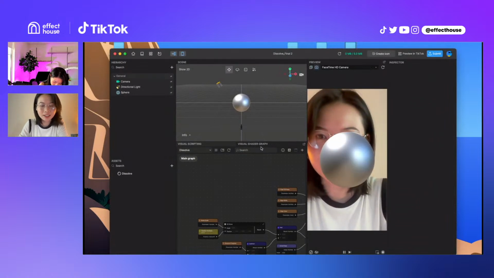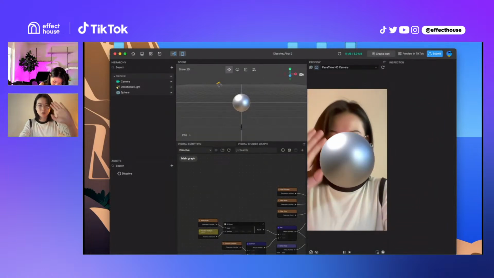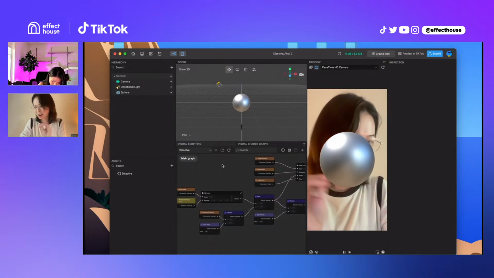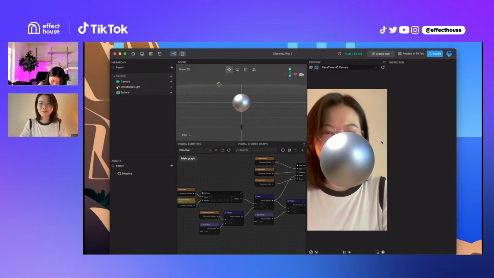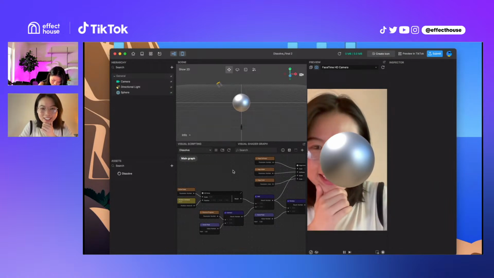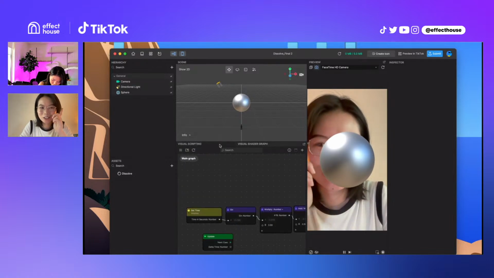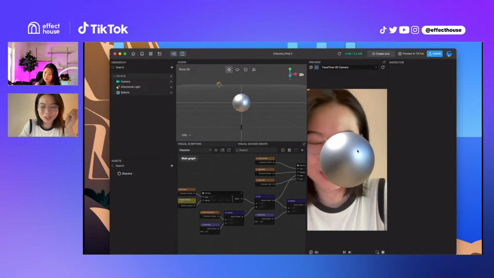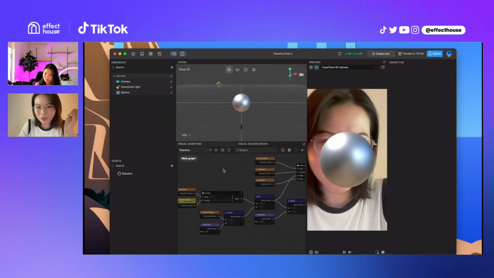Okay, so this is our dissolve, but as you may notice, it has no dissolve effect here. Something I want to show you pretty quickly is that, in order to make it happen, the magic is that you need to go to the visual scripting. Just want to point out here, this is the shader graph that